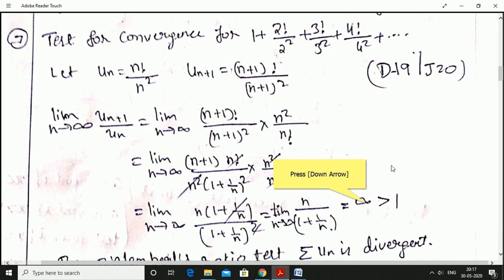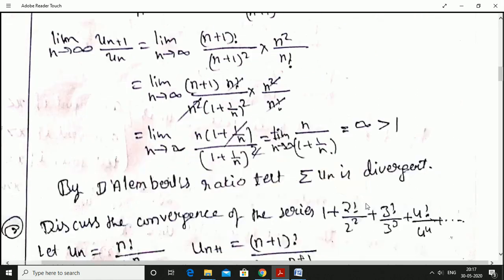Limit as n tends to infinity. Okay, and here n plus 1 divided by 1 plus 1 by n whole square is there. Take n outside, n into 1 plus 1 by n divided by 1 plus 1 by n whole square. One term gets cancelled. Limit as n tends to infinity, n divided by 1 plus 1 by n remains. Okay, because as n tends to infinity, this term 1 by infinity is 0. 1 plus 0 is 1. Infinity divided by 1, nothing but infinity. Definitely it is greater than 1. Hence, by D'Alembert's ratio test,